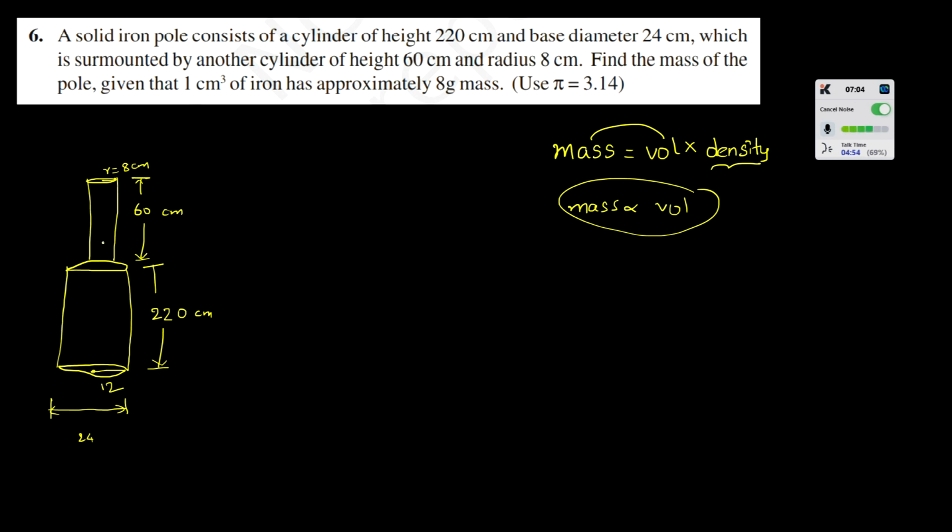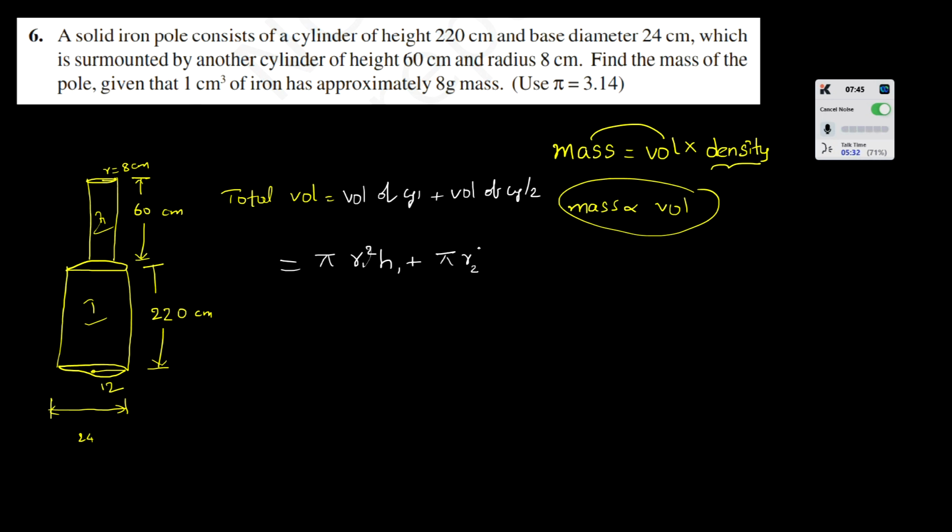Here there are two cylinders. Now if you want to find the total volume, we have to add the volume of the first cylinder plus the volume of the second cylinder. So total volume is equal to volume of cylinder 1 plus volume of cylinder 2. Now the volume of a cylinder formula is pi r square h. So pi r1 square h1, because r1 and h1 are dimensions of cylinder 1, and the volume of cylinder 2 is